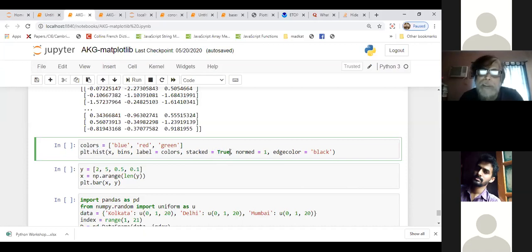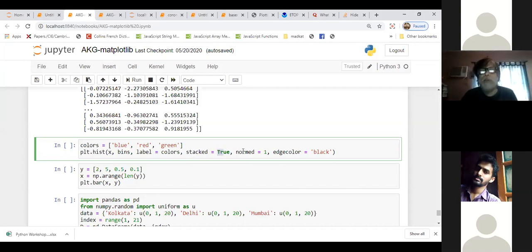This is a Boolean expression and a Python keyword. True means true, and there is another, False. If we don't want stacked, we could write stacked equal to False, or by default it is not stacked. If I write stacked equal to True, the graphs will be stacked.